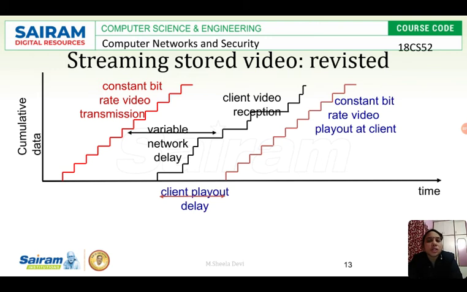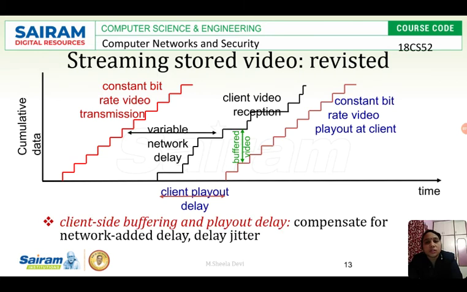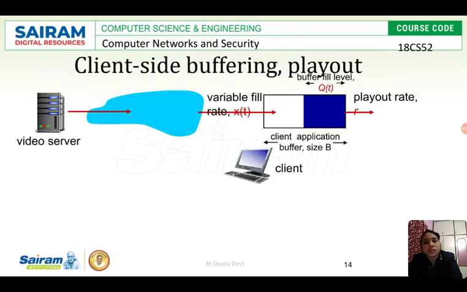So how can I say that my video transmission rate will be constant? It will vary based on traffic congestion and other problems in the network. Client-side buffering and playout delay compensate for the network-added delay, that is jitter.